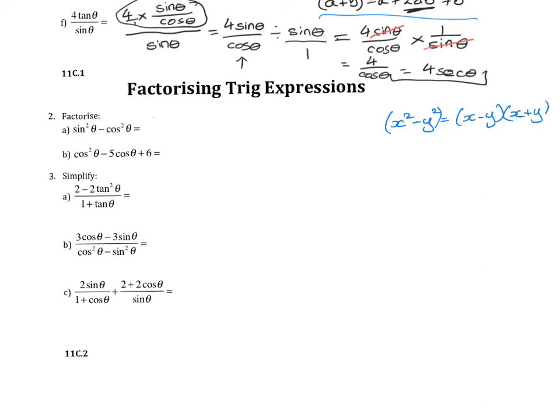So this becomes sine theta minus cos theta times sine theta plus cos theta. Now you might be thinking, well, why don't we just use that identity that we were using earlier, sine squared theta plus cos squared theta equals 1. You got to think about it as we weren't asked to simplify this expression, we were asked to factorize it,